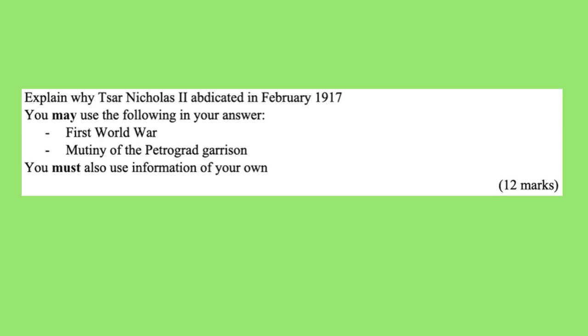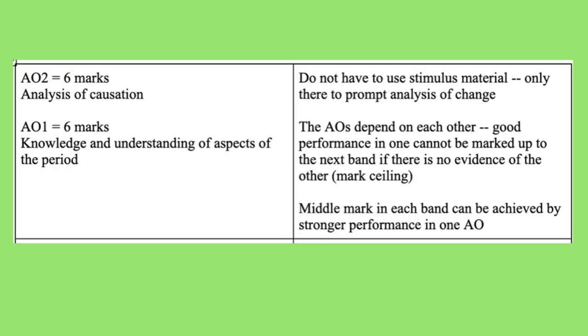Explain why Tsar Nicholas II abdicated in February 1917. You may use the following in your answer: the First World War, mutiny of the Petrograd garrison. You must also use information of your own. 12 marks. Here's the mark scheme for this question, which you can find out about in more detail in the